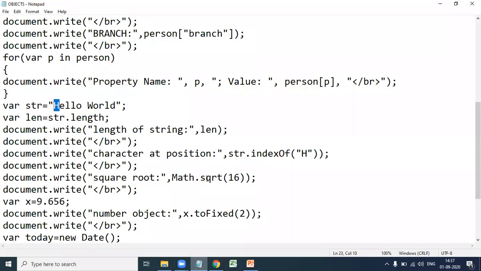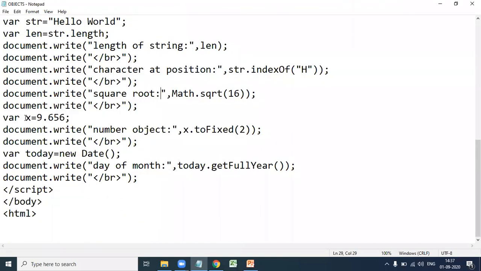Here we perform the square root method on the mathematical object, Math.sqrt of 16. So square root is equal to 4. Okay. Next, the number object. Here there is a variable x equal to 9.656. The toFixed method returns a fixed number with a specified number of decimals.